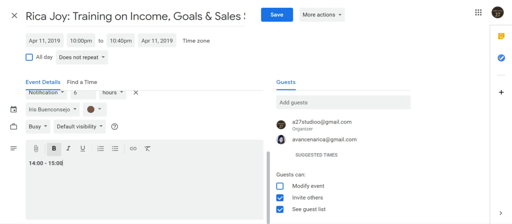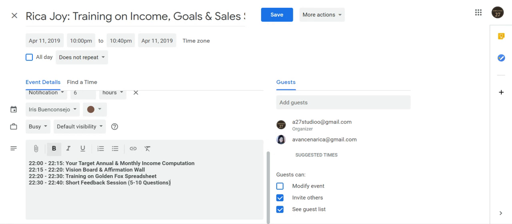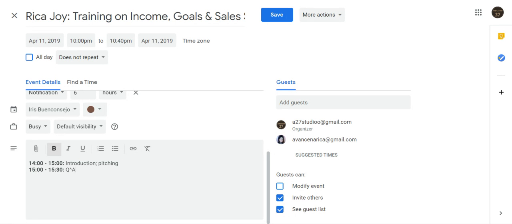14 o'clock to 15 o'clock would be, say, introduction, pitching, like that. And then 15 o'clock to 15:30, which is 3:30, would be getting to know, or, well, that's introduction already, or maybe this could be the closing or objection, no, questions, Q&A, something like that. Q&A, closing. That could be like, just so your client has an idea of what it is,